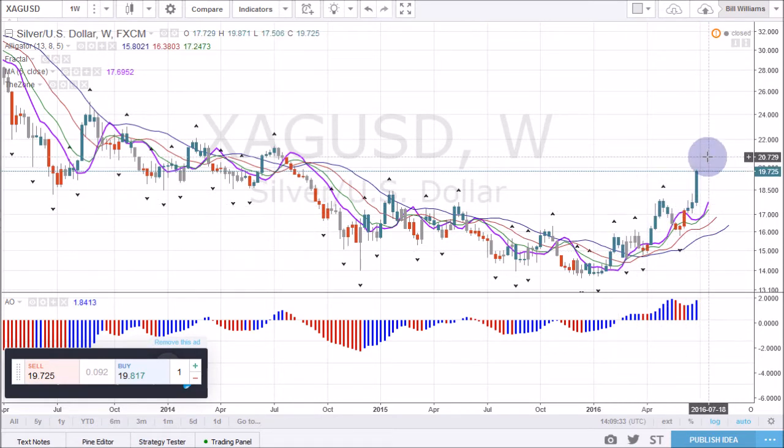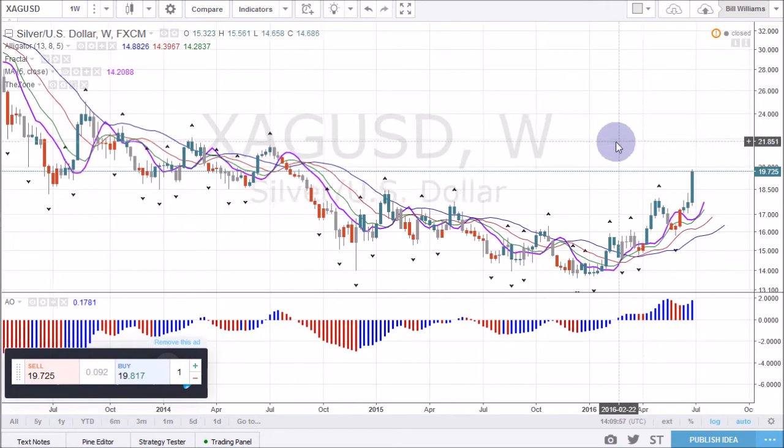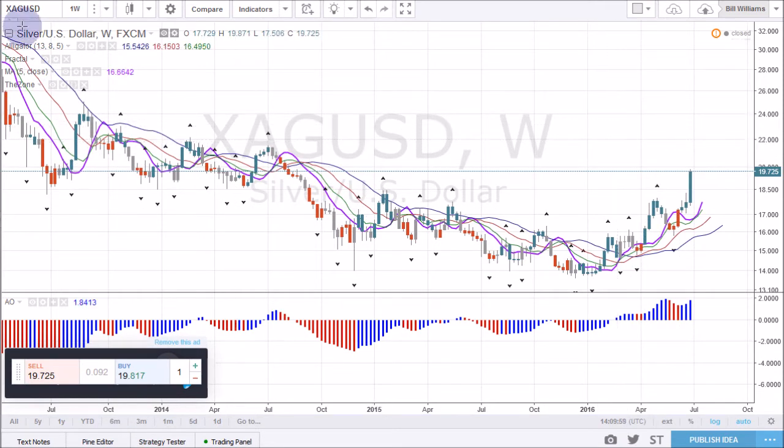In silver, it's even more clear than in gold that with this closing of last week's candle, all of those extreme fractal breaks here have been left behind. The market is out now, if you want to put it that way. It is on its way to the upside now, simply because we do have a very strong move to the upside. The momentum is also on our side. The breakout buys work really well in such a situation when you see it